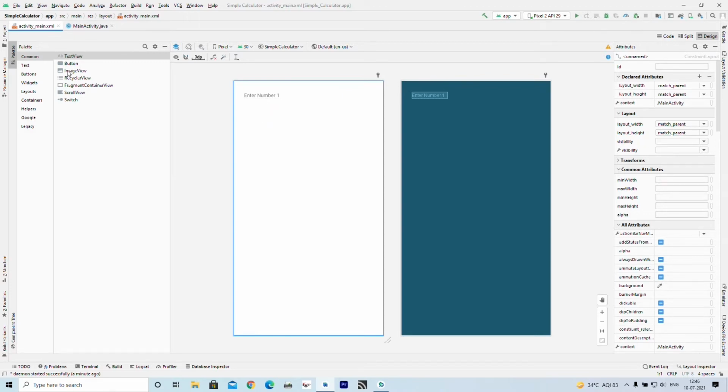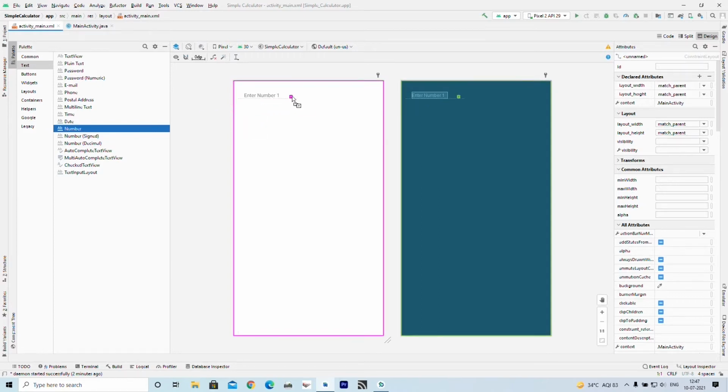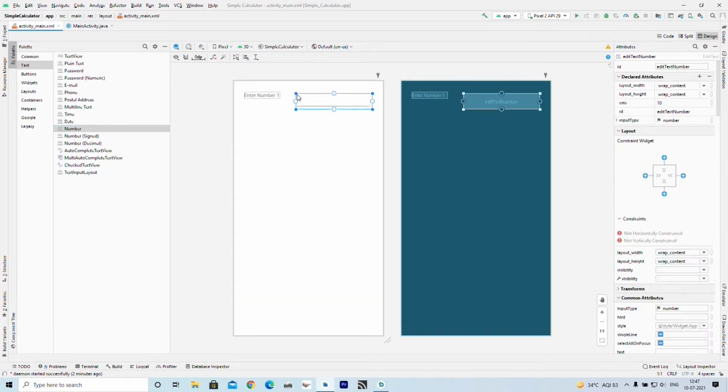Now next I am entering text, and inside text I can select number because my input is number only. So I am selecting number and dragging it into the layout file. Now here you will see that it is my number.